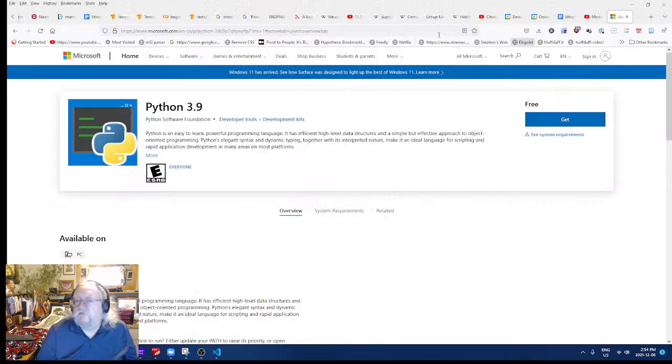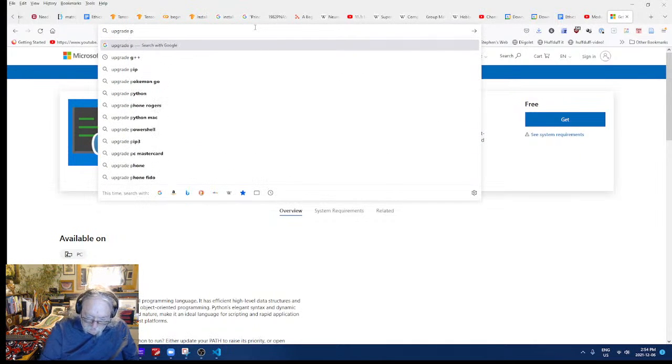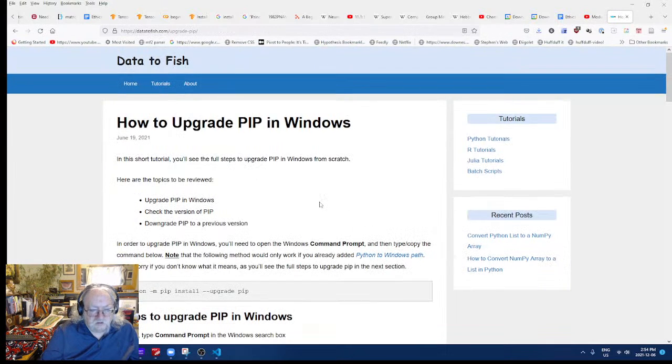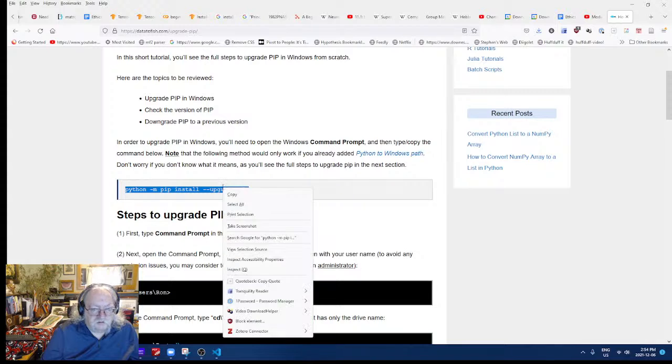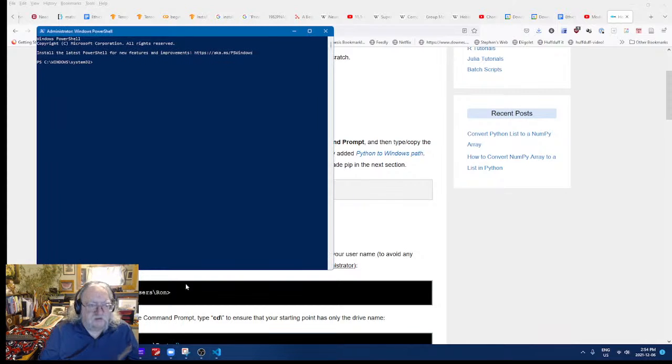Okay, so upgrade pip. Pip is a package manager. So right, there we go. What it does is it's the thing that downloads and installs our packages for us. So I'm running this as an administrator.